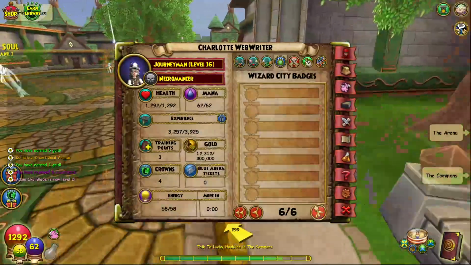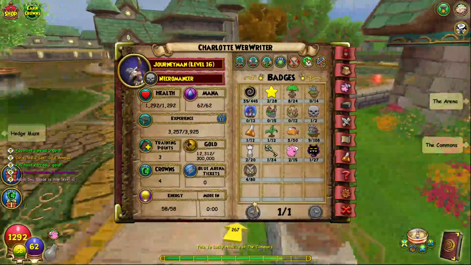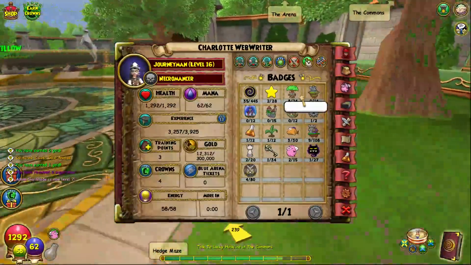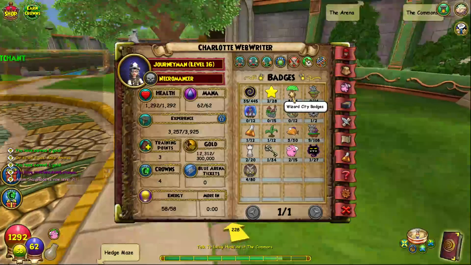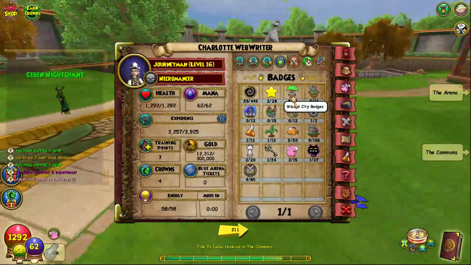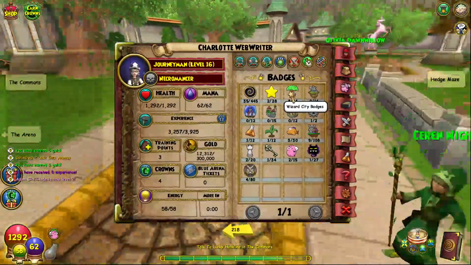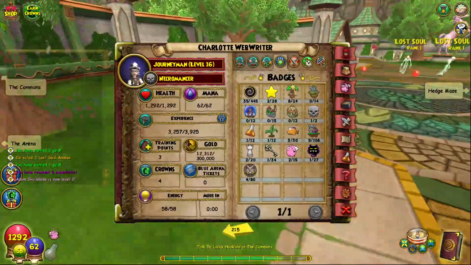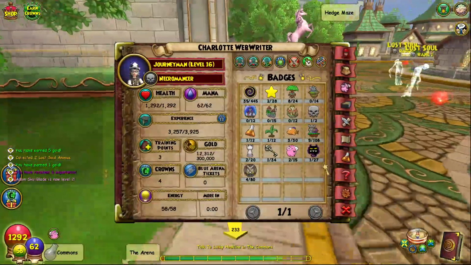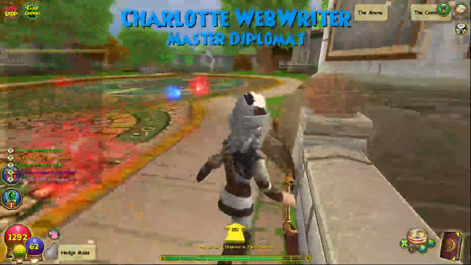I'm trying to get all these badges as progress towards trying to reach max badges for at least Wizard City. And once I reach that 24, I'm good for moving on to Crocotopia for at least the badges front. I would like to eventually finish all side quests, which we still have some to do, and I would like to eventually do some more